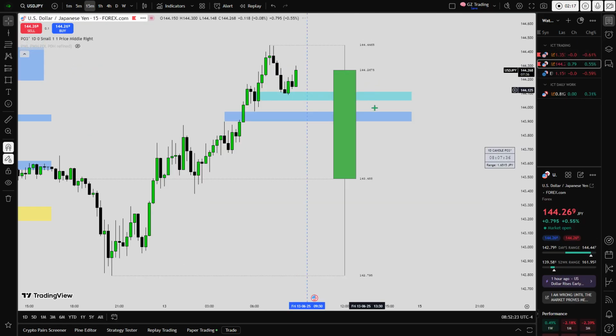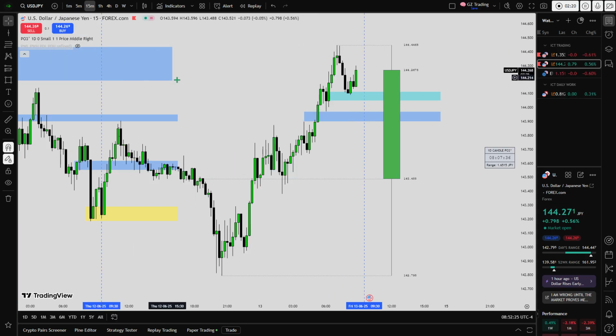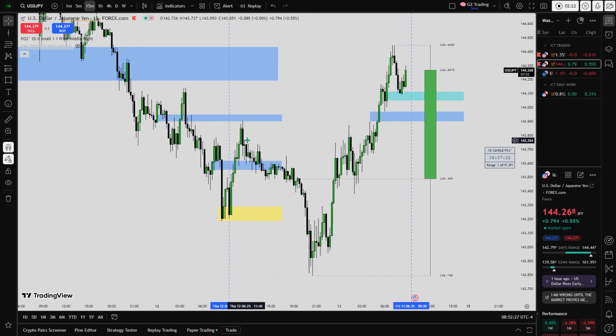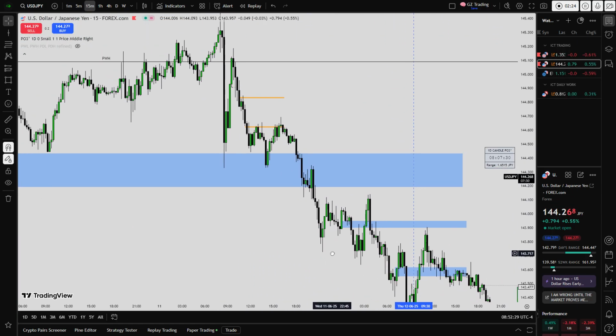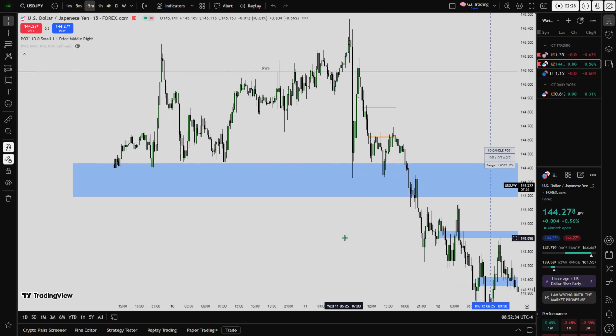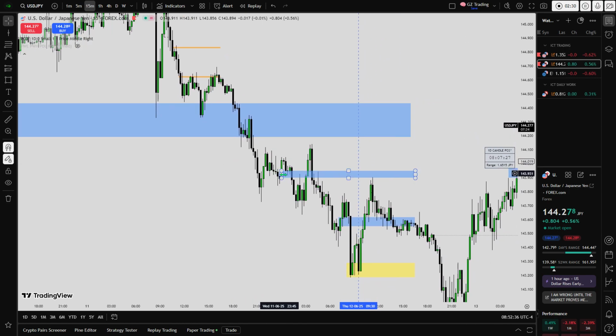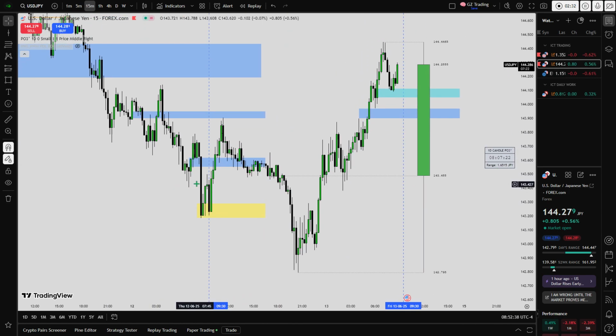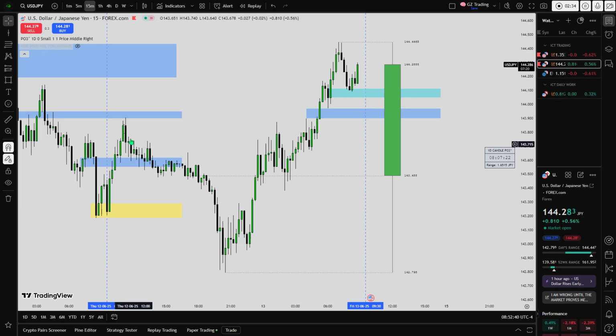Also, yesterday I closed a profitable trade on USD JPY, but I think I'll change my strategy. I shorted, where was it that I shorted? Oh yeah, right here. I kind of shorted right there. My stop loss was up here. So the market went down, retraced a bit, and got my stop loss out at a profit of 0.7%, and then it got all the way to the 2%